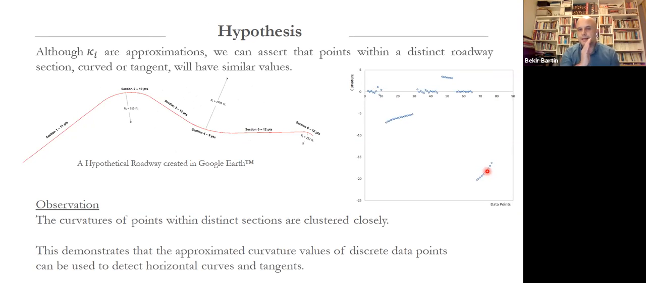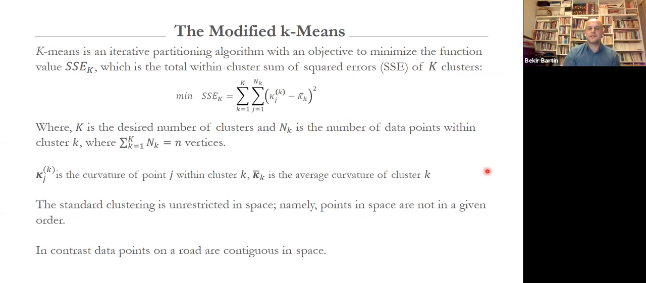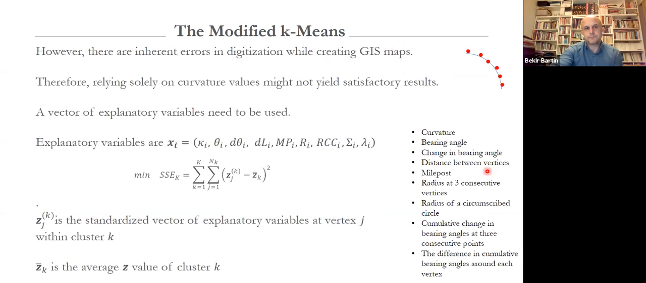So the clusters are contiguous. Okay, so that makes the clustering algorithm run a lot faster. Okay, so that is the reason why it's called the modified K-means. Now,